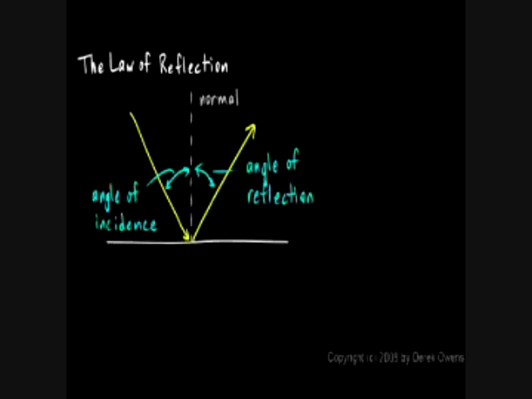And that fits with our everyday experience with ordinary objects. If you have a wall and you throw a tennis ball at the wall, it's going to bounce off. And the incoming angle, you should understand, and you should have experienced things like this, approximately equals the reflected angle. Some spin on the ball might change it a little bit, but the general idea is always the case. If you throw a tennis ball straight at the wall, it's going to bounce straight back. And if you throw it at a very shallow angle, it's going to